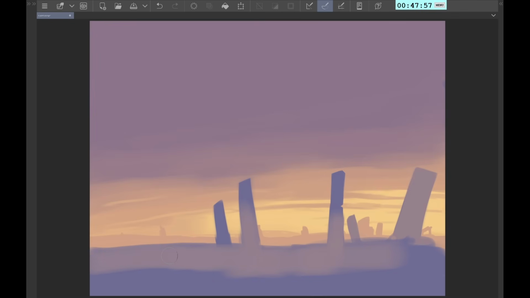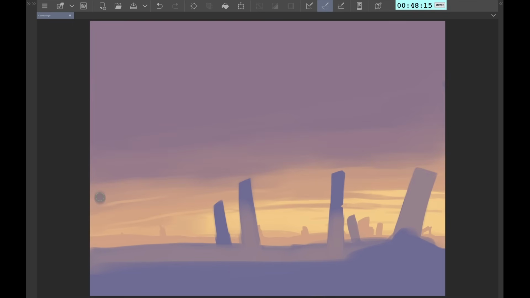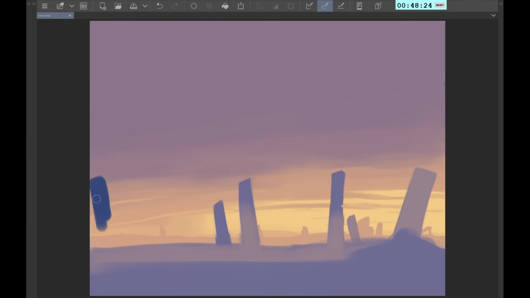Yeah, it's a bit better. Of that, I'll just blend it. Now I'll grab a bit of a darker blue. I'll start on some of the closer stuff. Blurry pylon-y thing there. Let's get even closer. And you can see as I get darker, things will look closer. So this is that